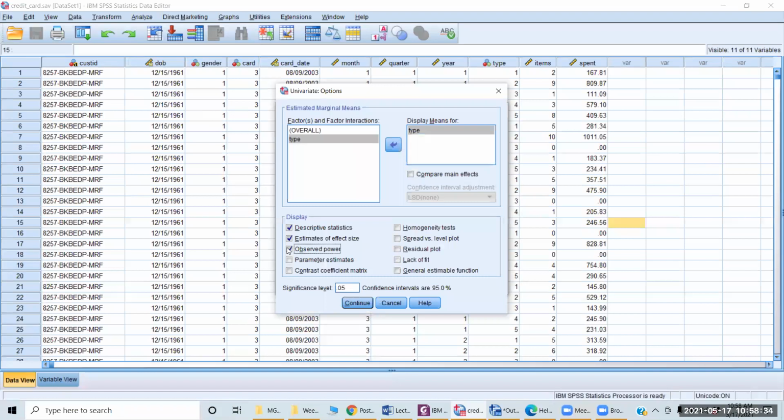observed power. Now this option was not there in the earlier method. Observed power actually tells you the power of the test, the probability with which we are reporting results; it indicates the level of confidence in the result. That is why this option is needed, and it is hidden here in GLM. And then the homogeneity test is mandatory for the one-way ANOVA test. There are some other options as well, for example residual plots